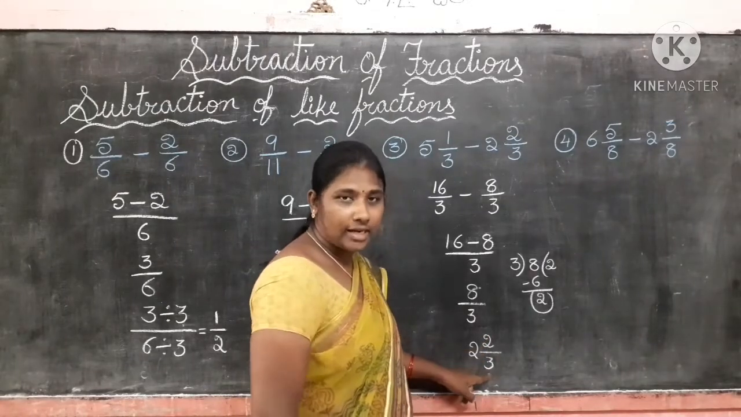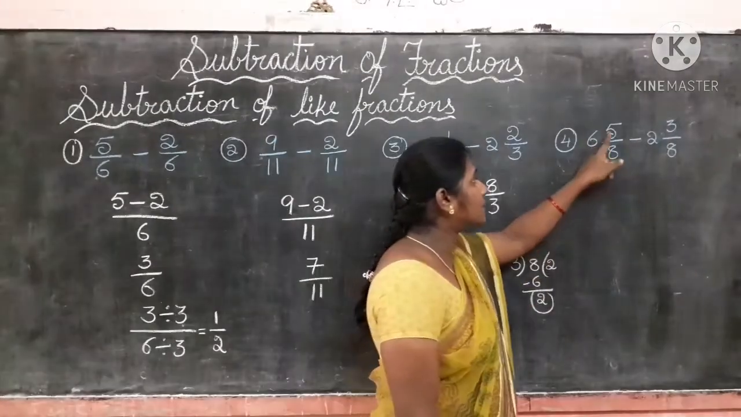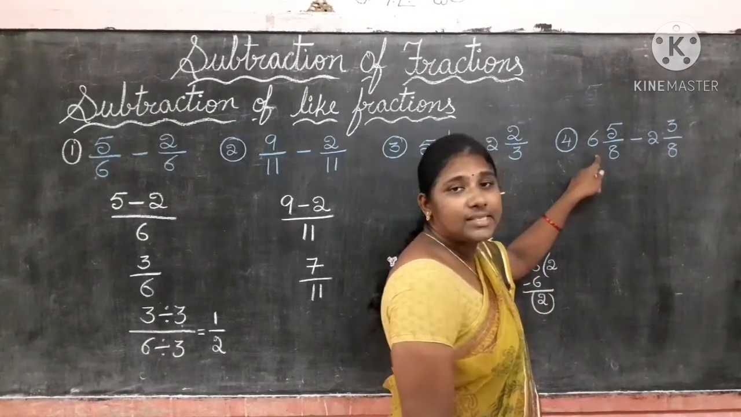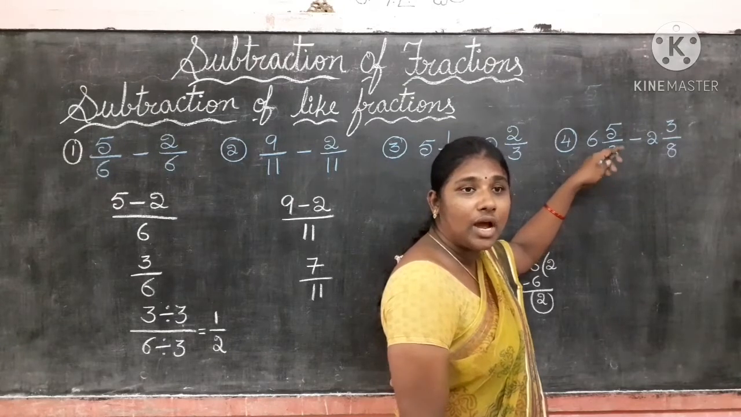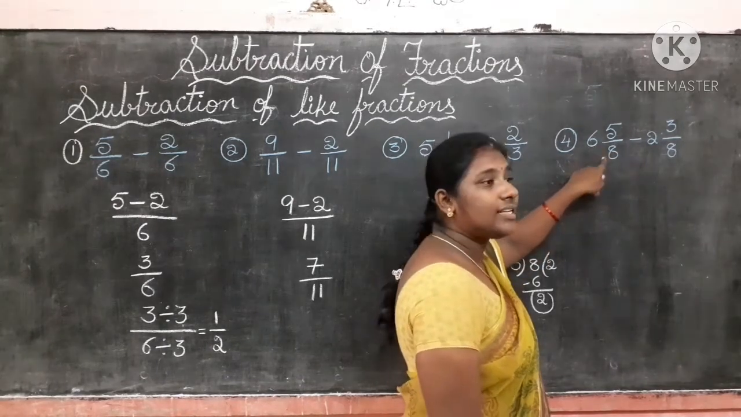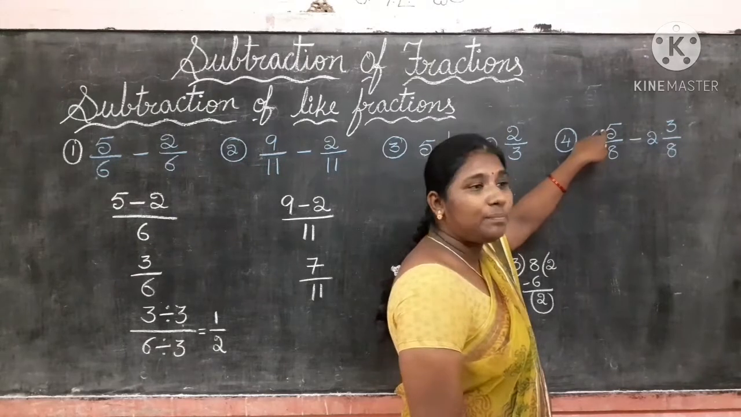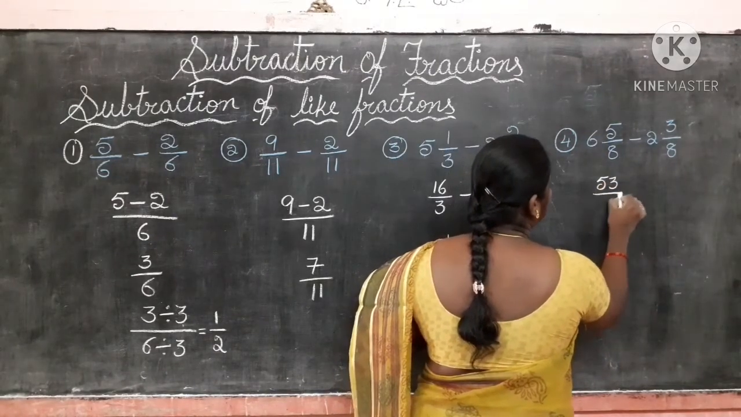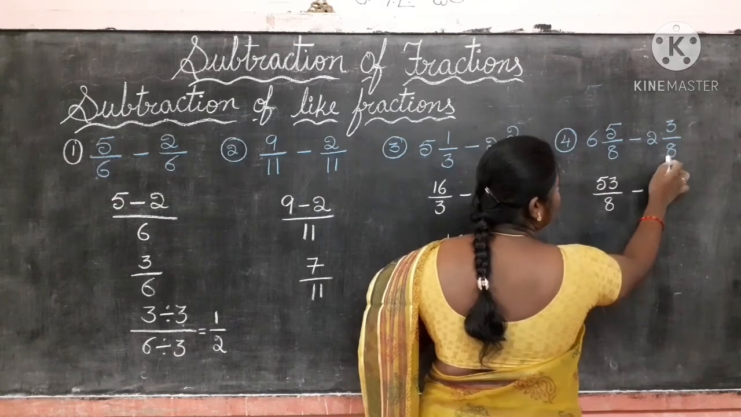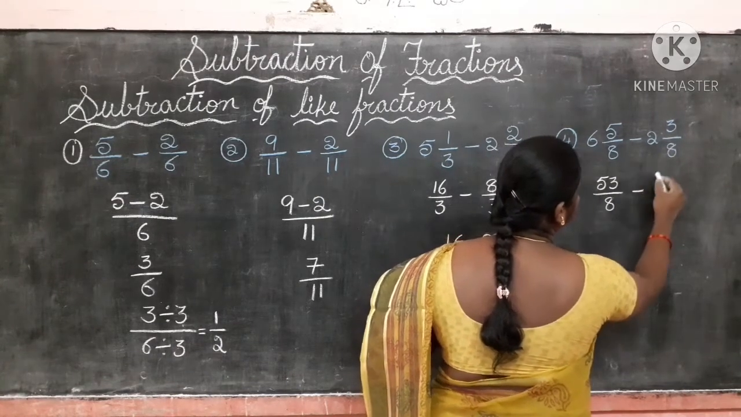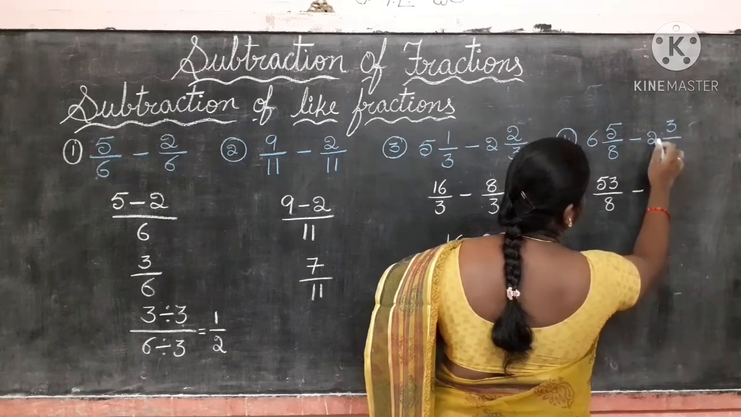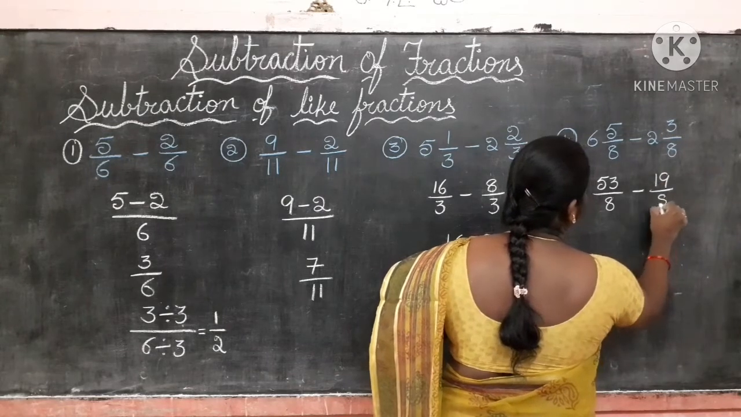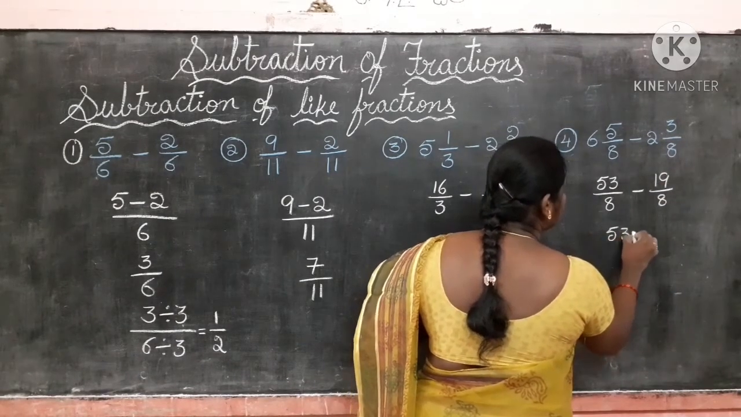Next one, 6 5 by 8 minus 2 3 by 8. This is a mixed fraction. We have to convert into an improper fraction. 6 eights are 48. 48 plus 5, 53 by 8. Minus, 2 eights are 16, 16 plus 3, 19 by 8. 53 minus 19 by